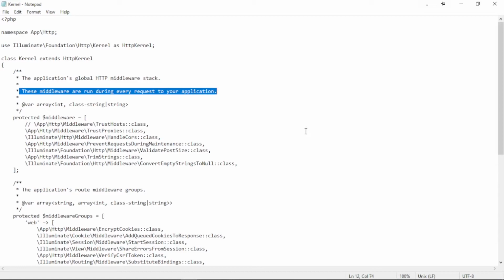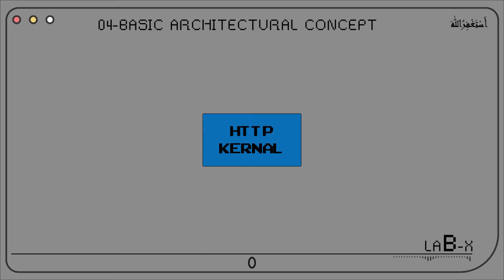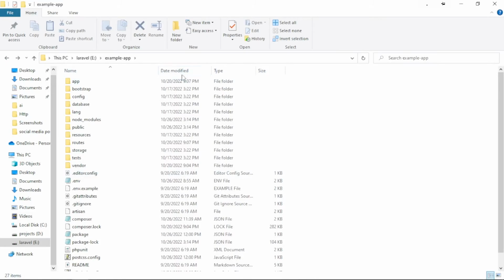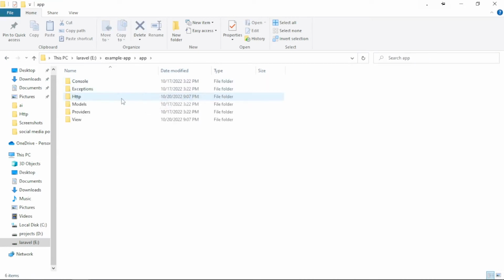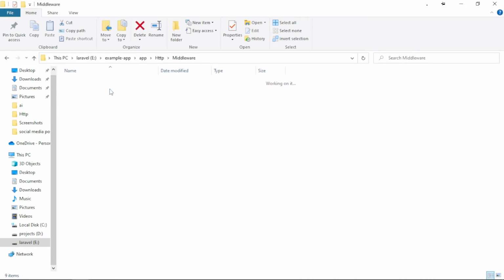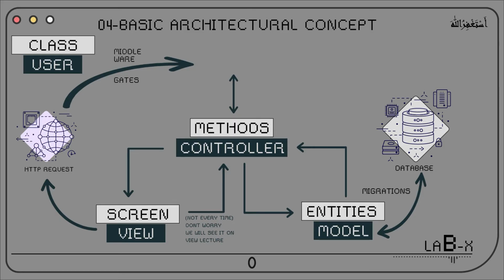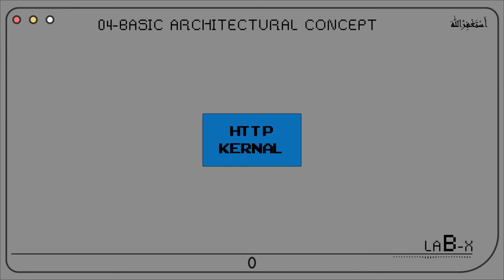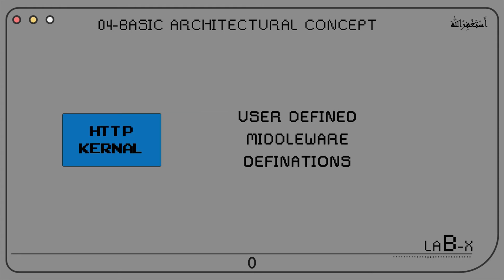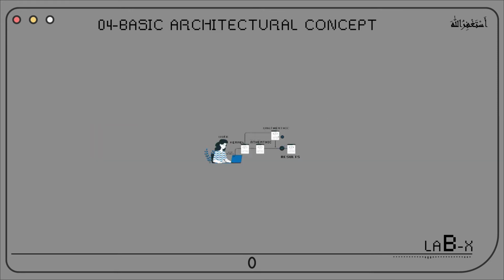So each time any request comes, it must pass through the app HTTP middleware directory. It is the same middleware that we saw in our logical structure of Laravel. By default, middleware checks HTTP sessions and maintenance mode. But as per our need, we define our own definitions for handling HTTP requests.